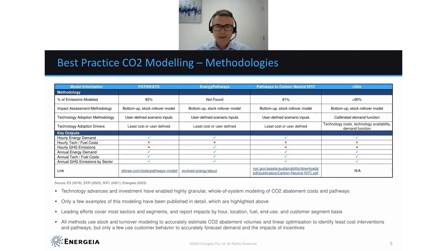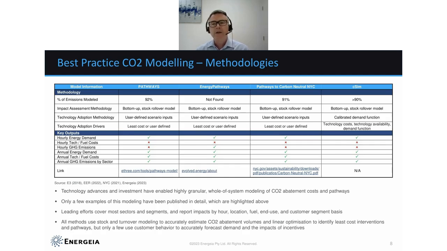Now, when you get to technology adoption, that's where you start to see a slight difference in how the pathways models are working, and that's generally a reflection of where they've come from. So in the first three, we see that it's user-defined scenario input. The assumption about how technology is adopted is really a top-down scenario assumption. We're going to assume that we can diffuse, let's say, heavy-duty fuel cell trucks, we're going to hit 50% in 10 years' time. And presumably those assumptions are based on some kind of understanding of what's reasonable.